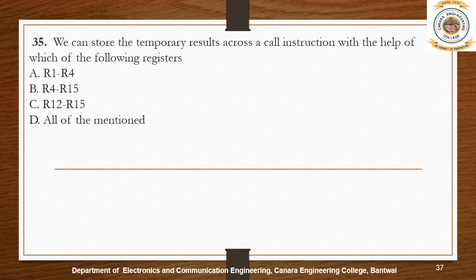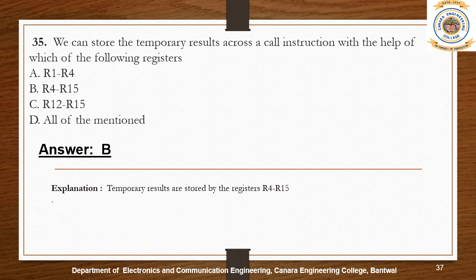In case of MSP430, we have 16 general purpose registers named from R0 to R15, out of which R0 is the program counter, R1 is the stack pointer, R2 is the status register as well as constant generator 1, and R3 is constant generator 2. The registers ranging from R4 to R15 are used as the general purpose working registers.